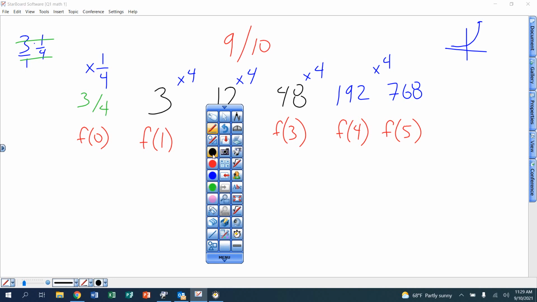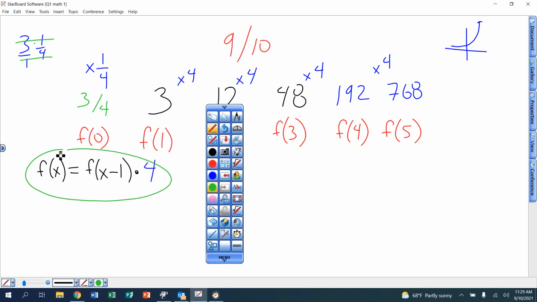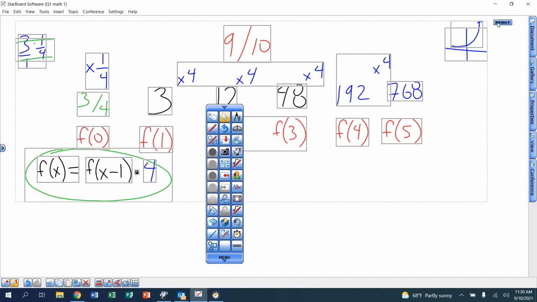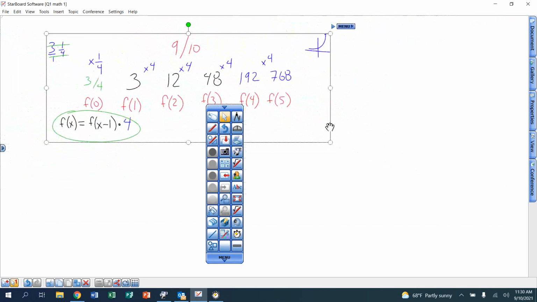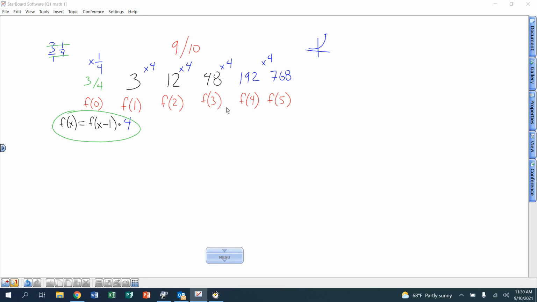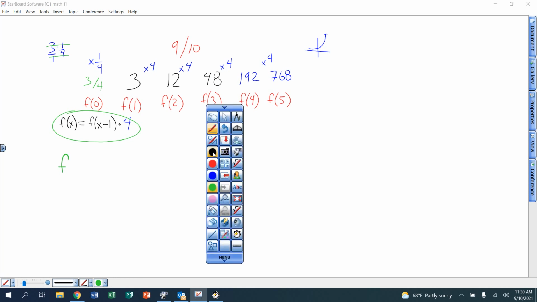The recursive formula, f of x. First word is yellow. Recursive for these geometrics is the same, but it's timesing that number right there. If I want to put this into play, let me show you. If I put this into play using the recursive function, maybe to prove how I get that 5th term, let's do that. To find the 5th term,